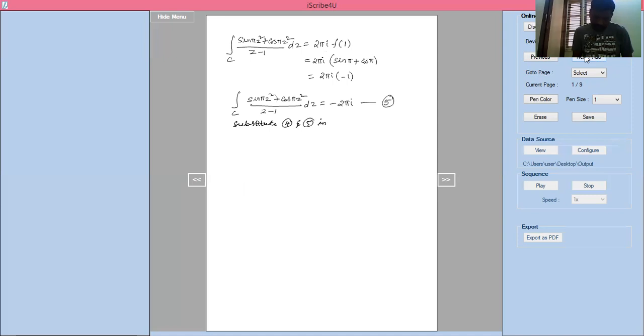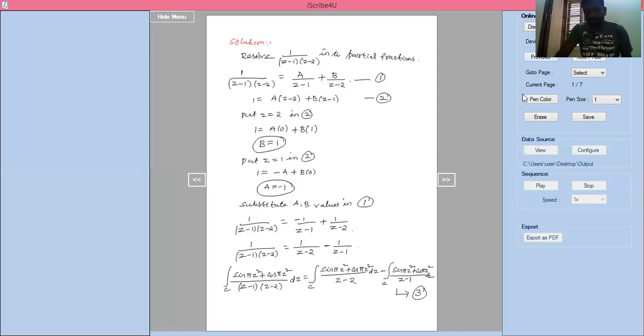In equation 3, we get integration over c of sine pi z square plus cos pi z square divided by z minus 2 into z minus 1 into dz equals. See, is there any constant term outside? No. So this minus this. If I simplify that, I'll get